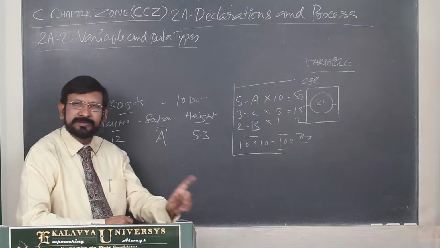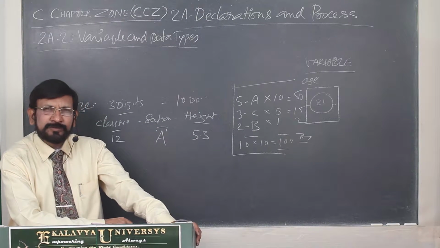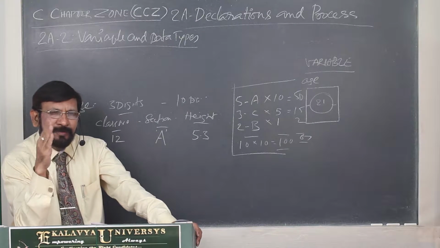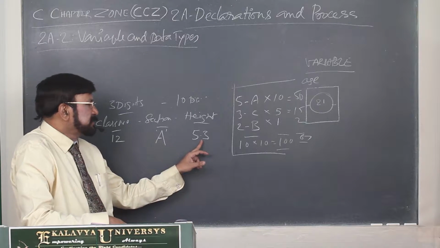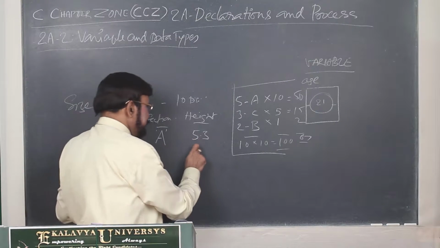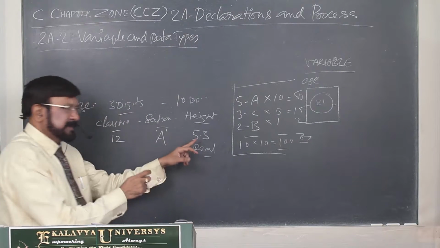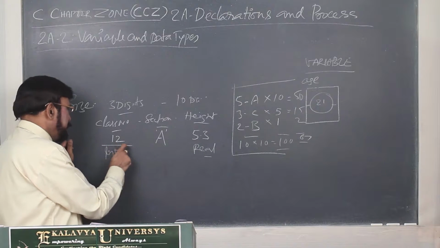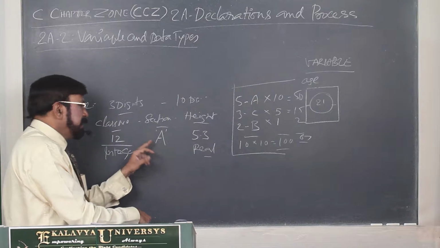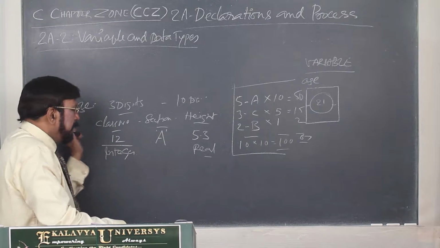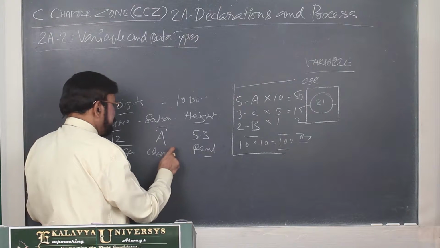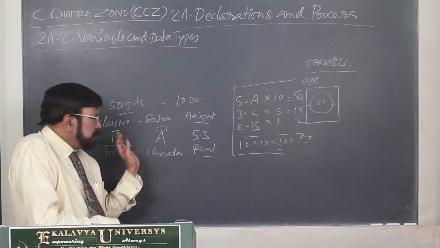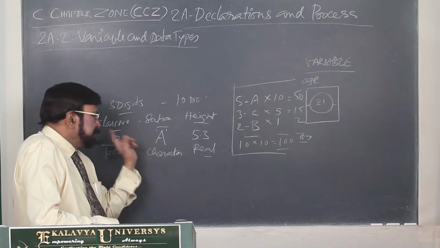As far as height is concerned, even if it is 5, you have to represent it as 5.0, because after a few months it varies. It may be 5.1. That's why its nature is real. What you call in mathematics a real number or fractional number. Integer represents whole values. And this is a single character, known as character in programming languages. So basically we are classifying all the data items into 3 types.